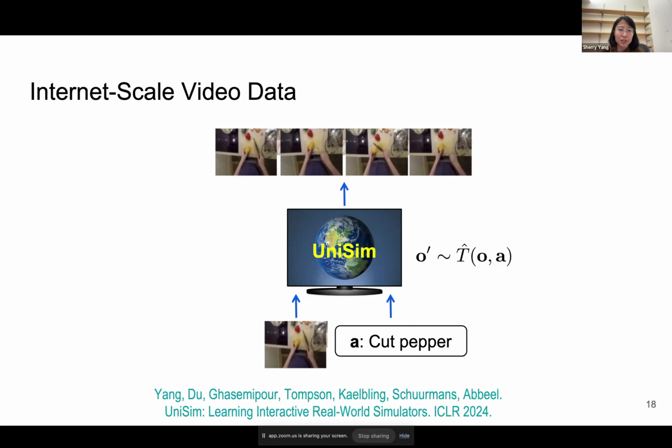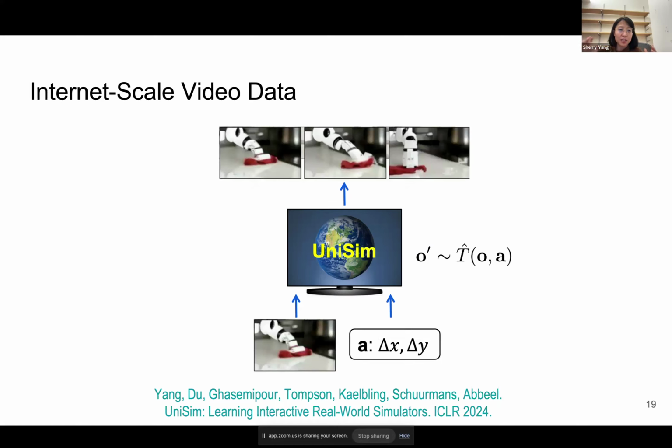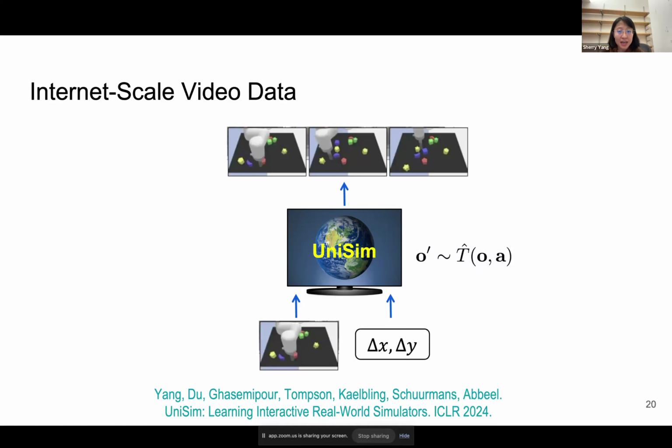So this is only one type of data, which is human manipulation. But of course, there is a lot of data collected by robots, where the actions are slightly different, because the actions for robots are usually low-level controls, like delta X, delta Y, of where to move the robot endpoints. Nevertheless, we can still train the same model conditioned on the same initial frame and the same action space, which is text, but now it's low-level text like delta X, delta Y, and we still try to predict the future frame. Using the same model, we can get the model to model robots as well. And of course, when we talk about robots, there is a lot of simulation data.